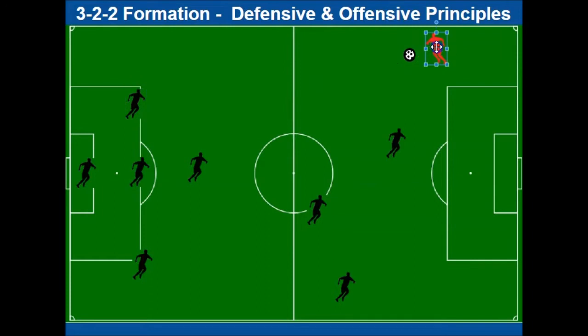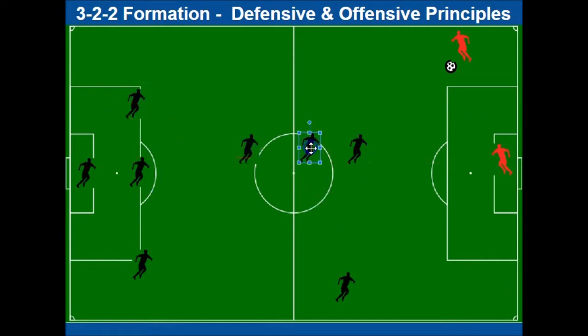Okay, so let's look at defensive principles first. Let's say there's a goal kick for the opposition. Let's say the keeper's just played it out. We have to honor that retreat line. But as soon as that touch is made, our players can enter the retreat line and come in. So what we'd love to see